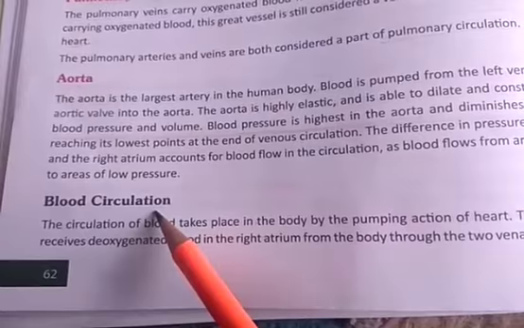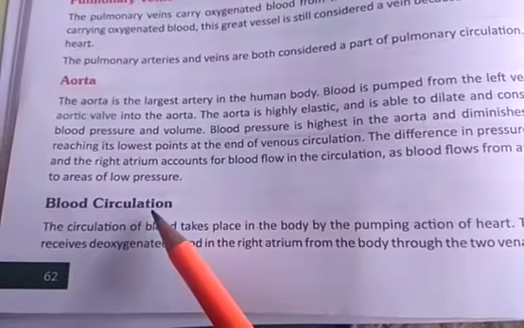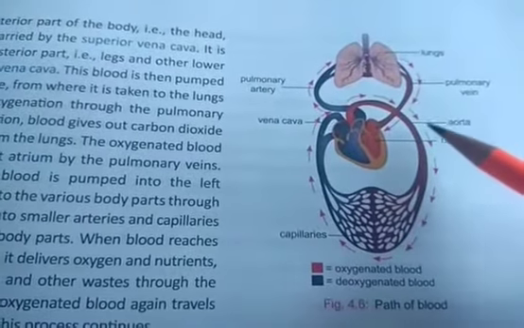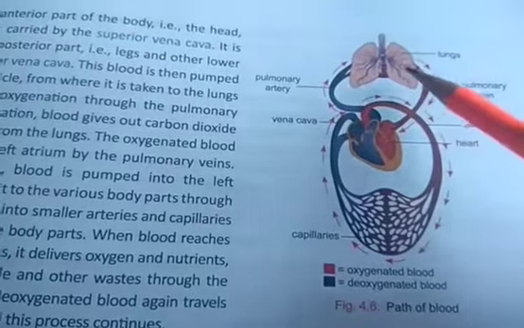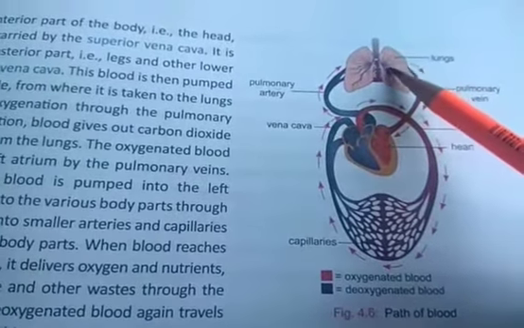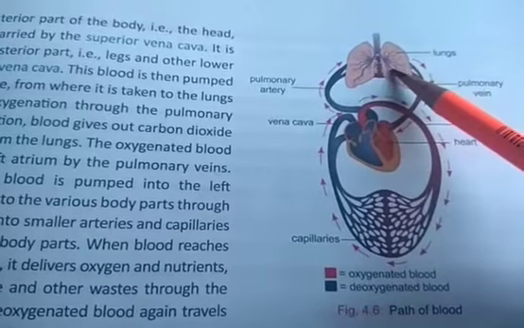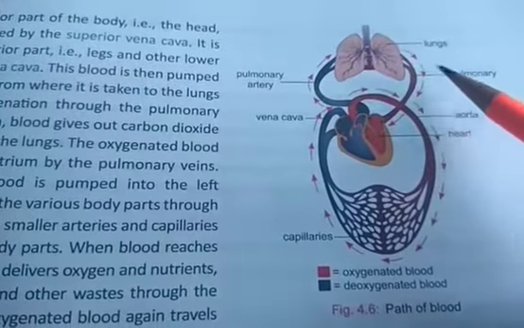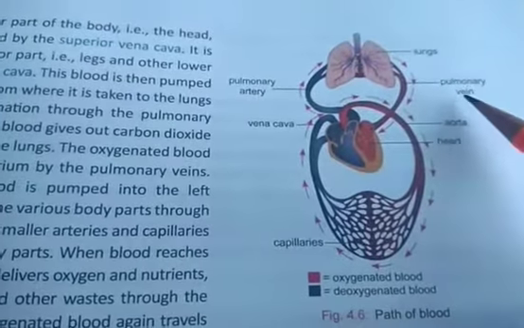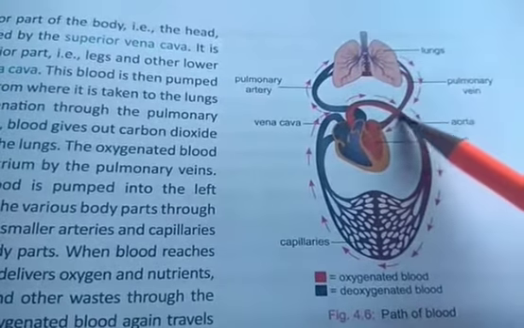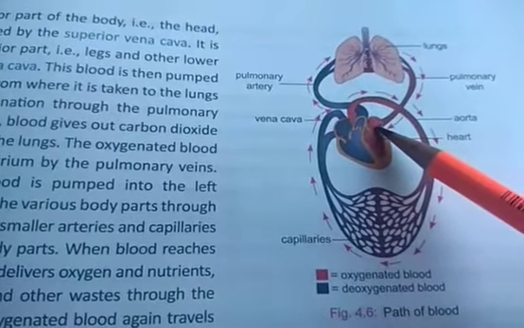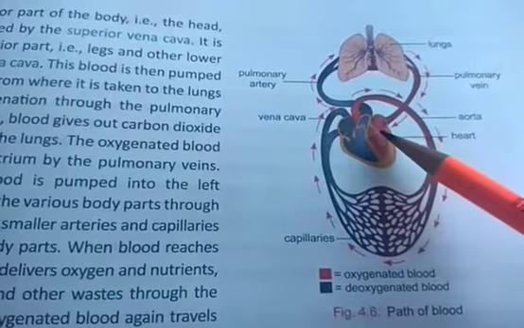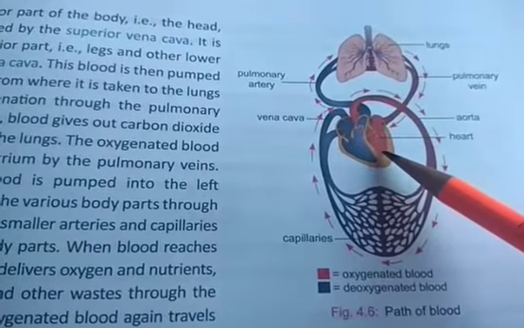Now the blood circulation. So we will see the direction of the blood flow in this blood circulation. In this figure, students, you can see the direction of the blood flow. In the lungs oxygen is there. That oxygen will diffuse into the blood system through the capillaries, and this will be brought to the heart through the pulmonary vein, and you can see that it is falling on the left atrium. Okay, left atrium, that oxygenated blood is falling, and from there it will fall into the left ventricle.